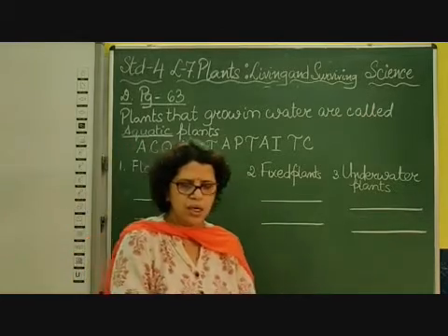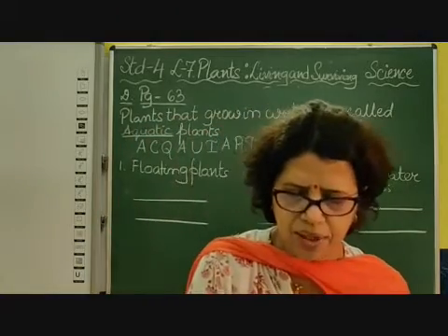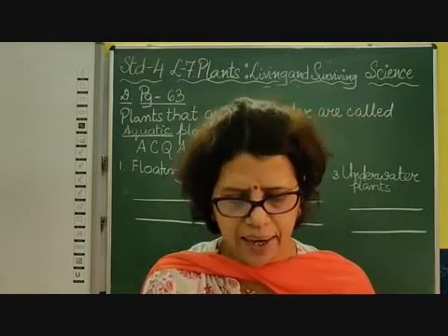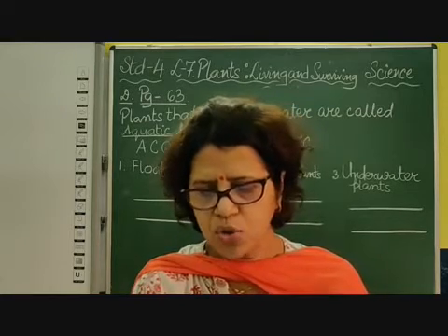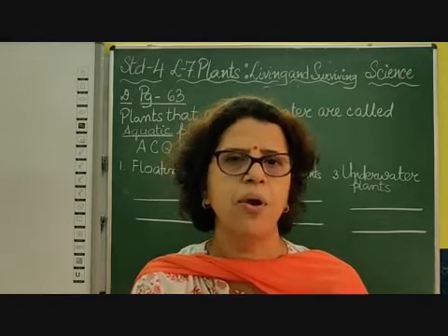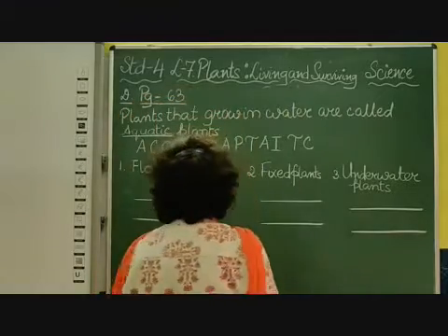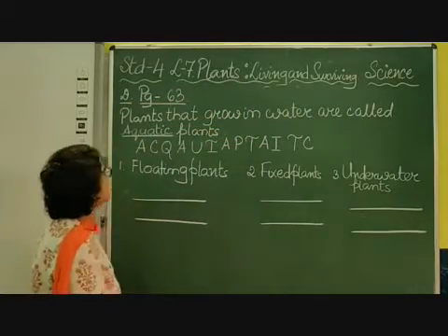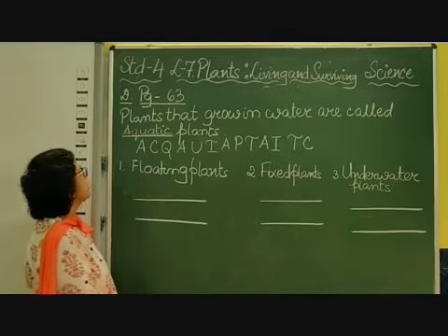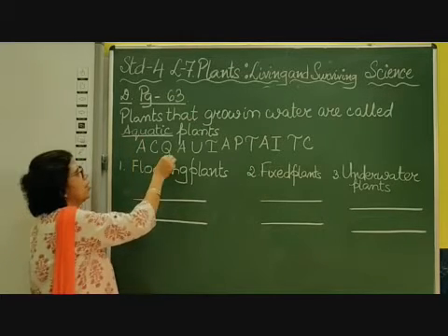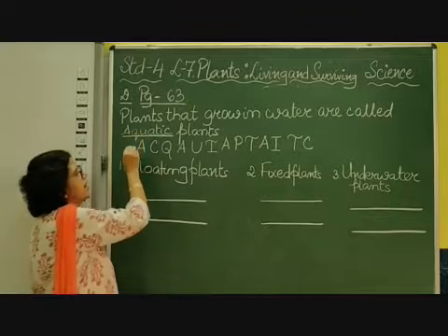It is given in your book, and they have said, beginning with the second letter, cross out every alternative letter to get the answer. Write 2 examples of each kind. Now they have asked you to take the alternate letters. Now aquatic plant, you know the spelling, you can see here. So we will take the alternate letters. Let us see whether we get aquatic.